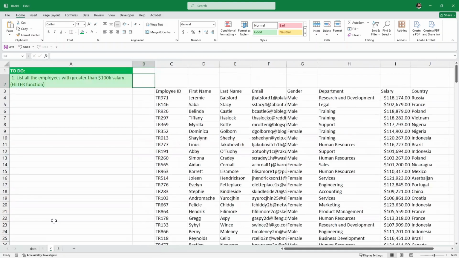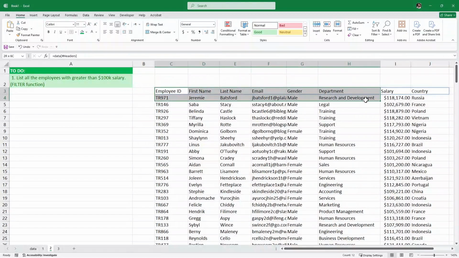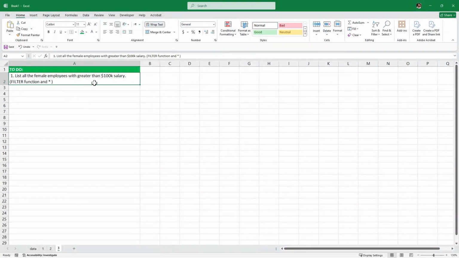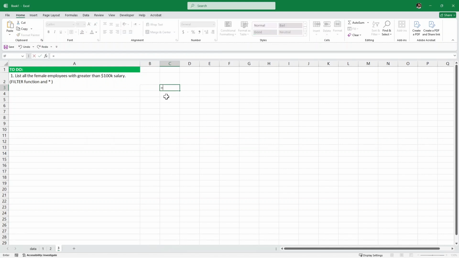So here we have listed all the employees irrespective of their gender that have greater than $100,000. But in the sheet number 3, we want to list out the female employees only with greater than $100,000. So again, first we want to have the headers. Remember earlier how we imported all the headers? Simply equals name of our table. Inside the table, we have hash and then headers, and then just close the bracket and hit enter,